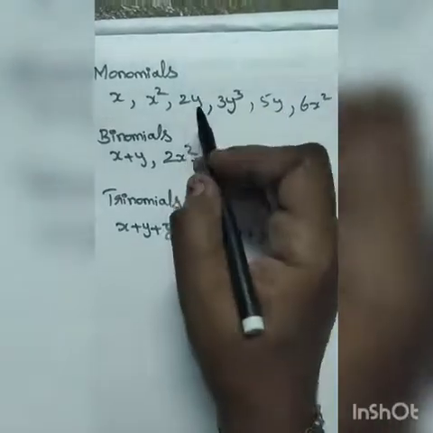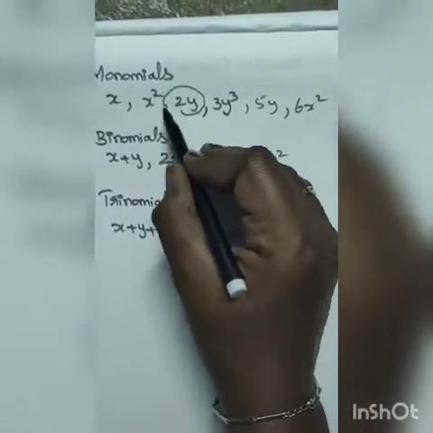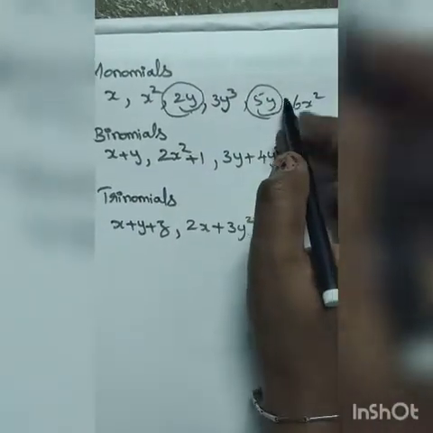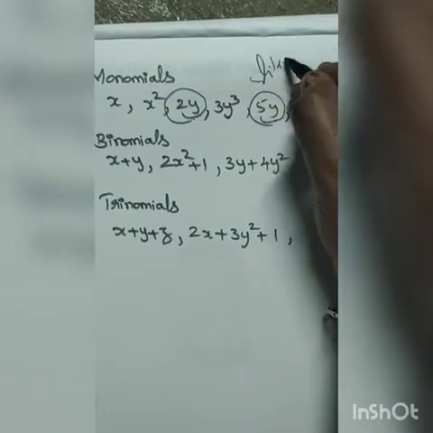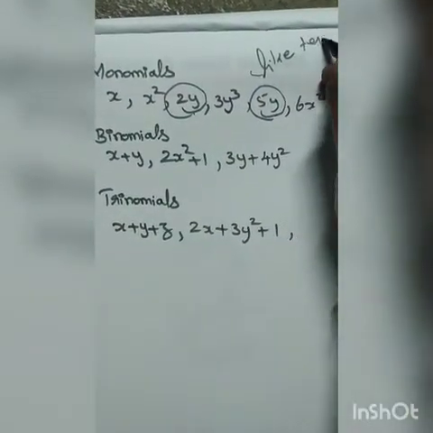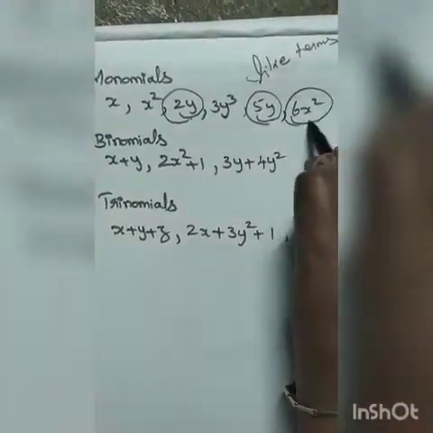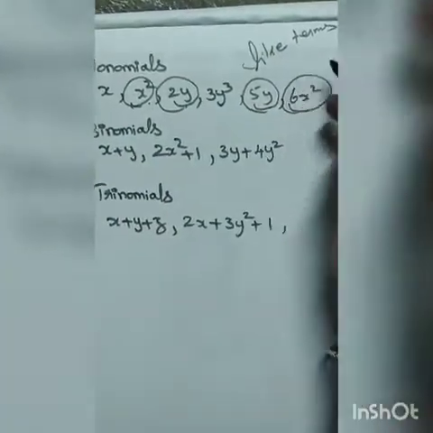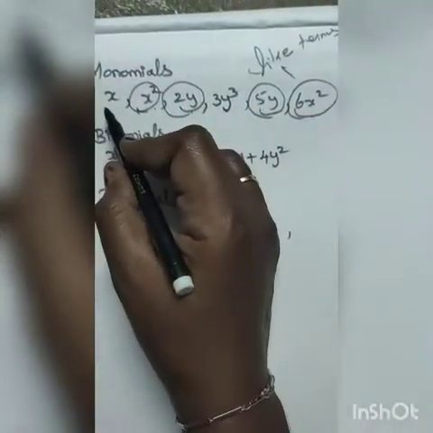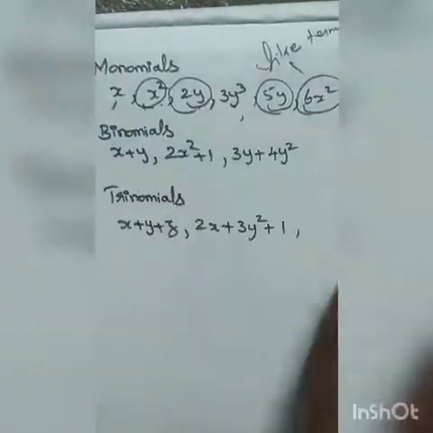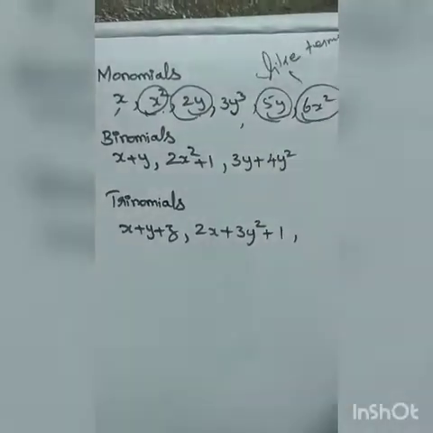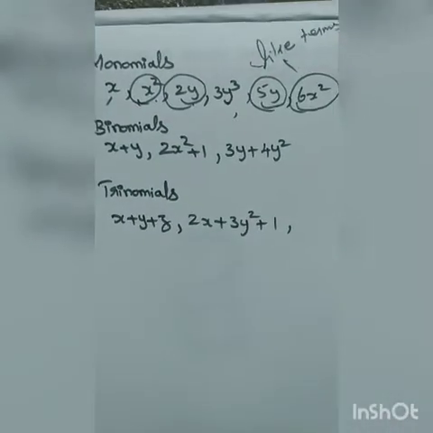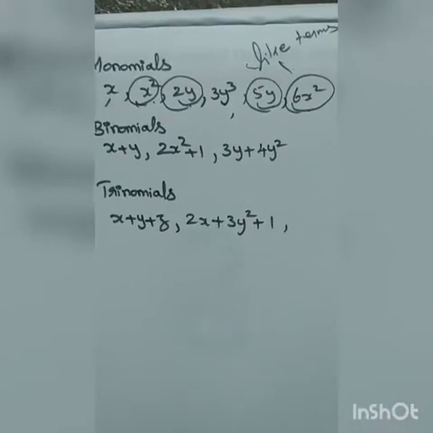That's all. Now one more thing. See, we have 2y here and 5y here. We see these two are the same, so we call them like terms. Also this x squared, 6x squared and this x squared, both we call like terms. But these things are unlike terms. Other things are unlike. If they are different, we call them unlike. If they are the same, we call them like terms. When we are doing the sums, you will understand it.